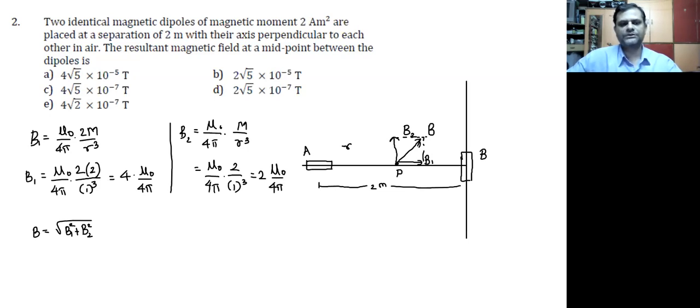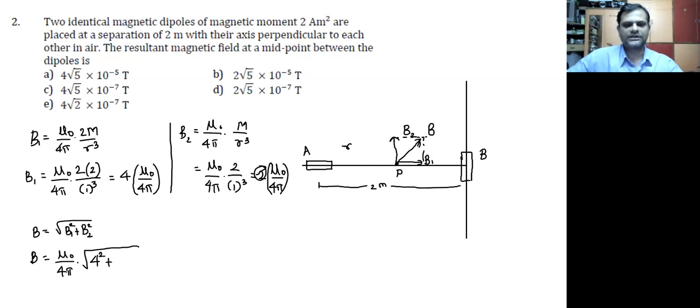Okay, so if we just put all these values here in this equation, then b के अंदर यहाँ पे b1 का भी स्क्वायर और b2 का भी स्क्वायर हमको डालना है. तो इसमें लेकिन दोनों के अंदर mu naught upon 4 pi ये जो कांस्टेंट है वो तो दोनों के अंदर प्रेजेंट है, इसलिए वो पूरी तरह से बाहर आ जाएगा। तो म्यू नॉट अपॉन 4 पाई can be taken completely common, and root of, यहाँ पे ये 4 सिर्फ बचा रहेगा, लेकिन यहाँ पे स्क्वायर भी तो है, इसलिए यहाँ पे 4 का स्क्वायर आ जाएगा इधर, और यहाँ पे ये 2 जो है वो एक्स्ट्रा है इधर, तो इसलिए वो 2 यहाँ पे हम डाल देंगे, लेकिन स्क्वायर भी उसका करना है, ये भूलो मत। तो इसलिए फाइनली मैग्नेटिक इंडक्शन at that point will actually become